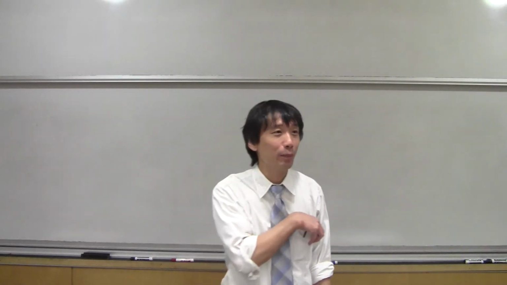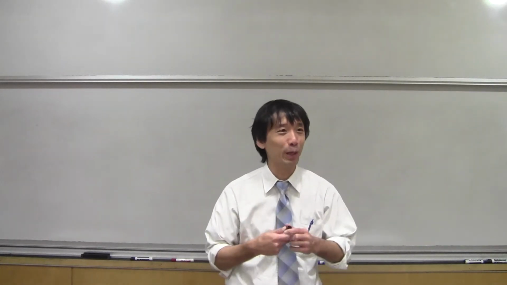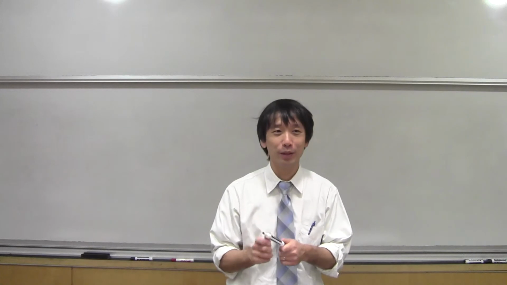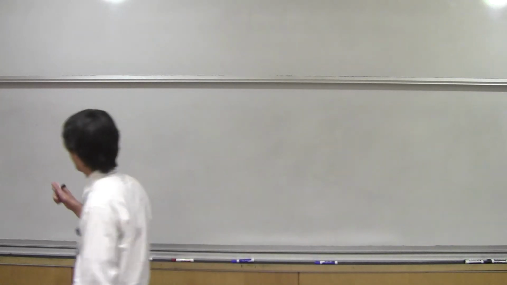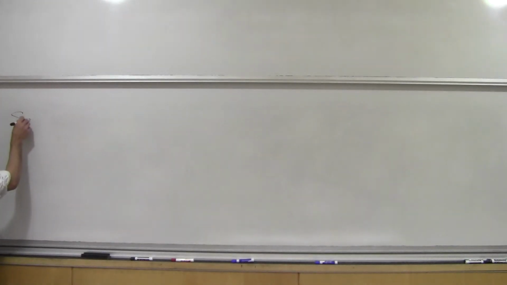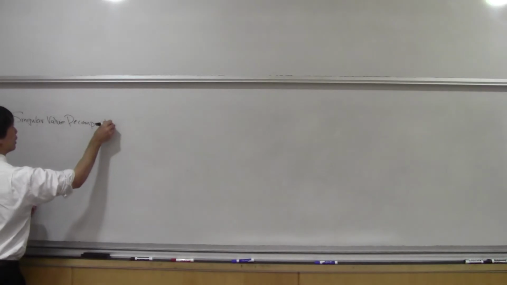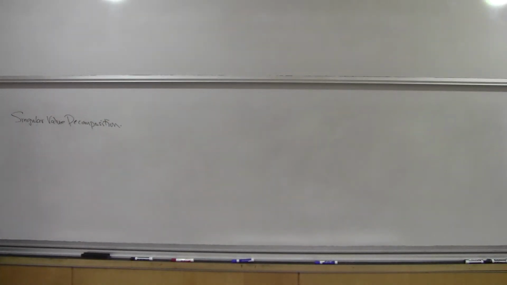I'll be impressed if anybody can tell me what we are doing and where we were. Singular value decomposition. And what had we gotten? We're trying to prove something. We're trying to prove that everybody has a singular value decomposition, right? That theorem,